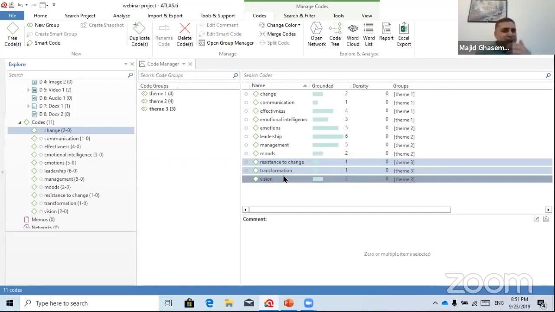doing this very simply. I'm just demonstrating how a theme can be created in Atlas.ti. So they may not actually be, they really are not meaningful themes, but this is how the themes are created in Atlas.ti. So I have created this theme. Now let's go to the last stage, which is